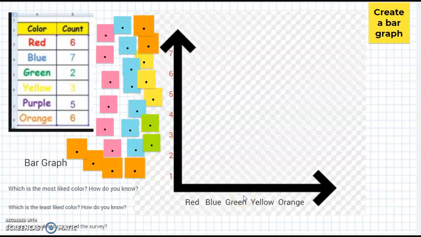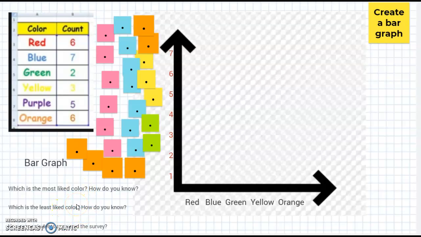Here's a look at today's assignment. Tomorrow you're going to be quizzed on creating a bar graph and answering a couple questions about the bar graph. So here we're going to practice making a bar graph and then answering some questions that are down in the